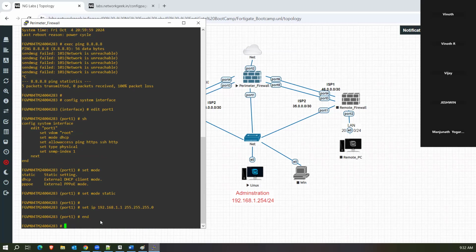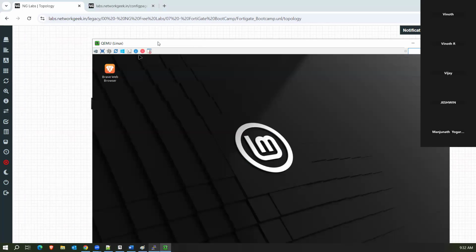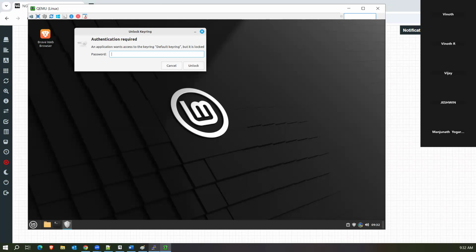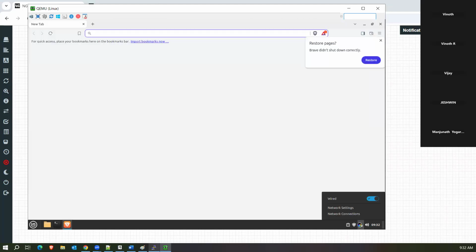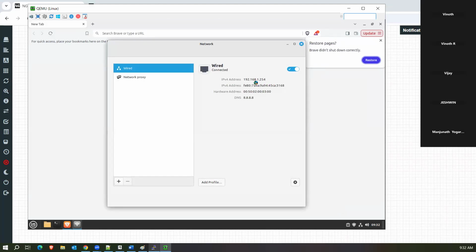And once I hit end, my configuration will be applied, and I have enabled ping, HTTPS, SSH, and HTTP on this interface. So let's try to access. Before that, I have to configure the IP address on this PC. One moment. Okay, it has been configured with 1.254